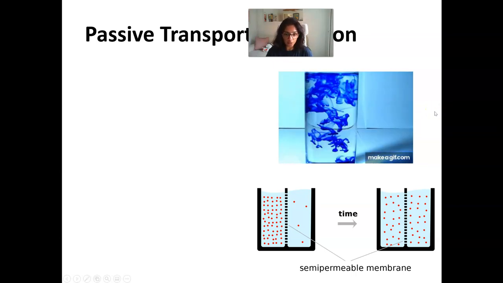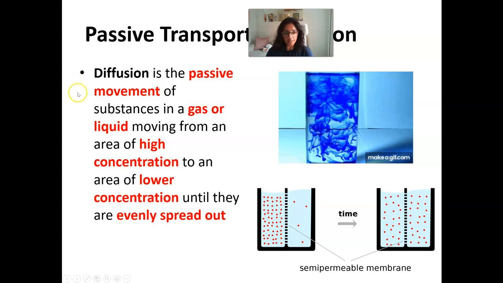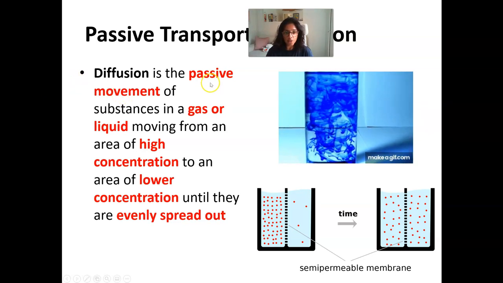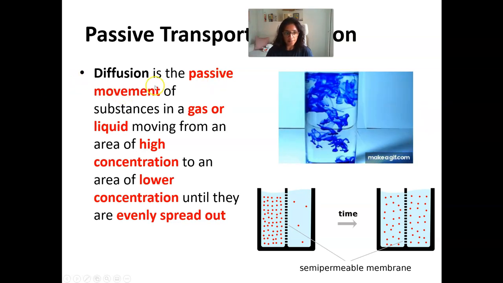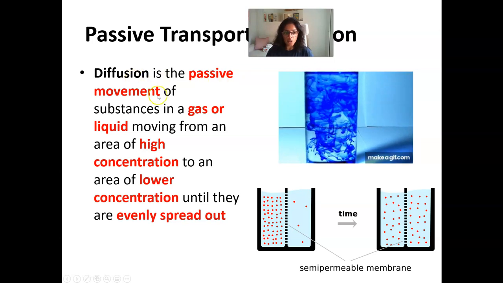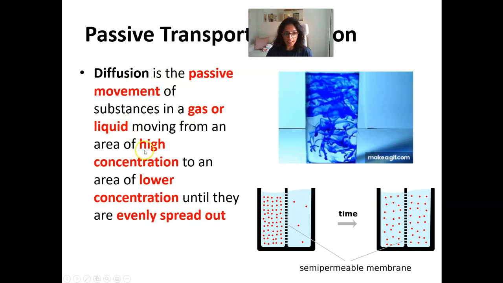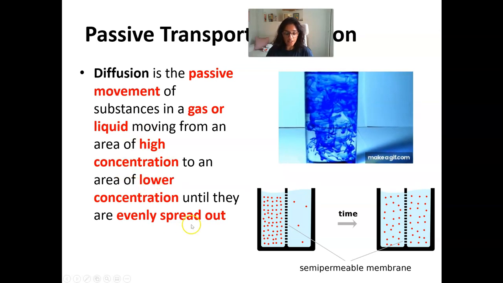Well, it is diffusion. Now this is a term that you absolutely need to know, and when you write down this definition, I need you to be using the key words in red. So diffusion is a passive form of transport, so it doesn't require energy, and diffusion only works for gases or liquids, and it's only when those substances move from a high concentration to a lower concentration until that they are